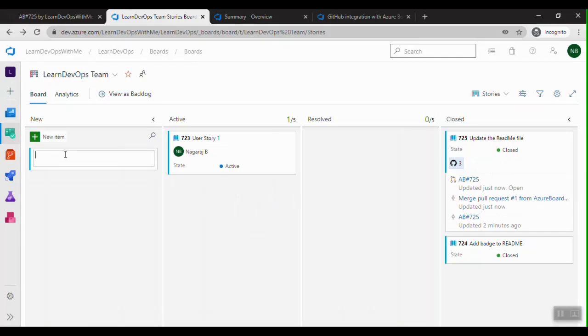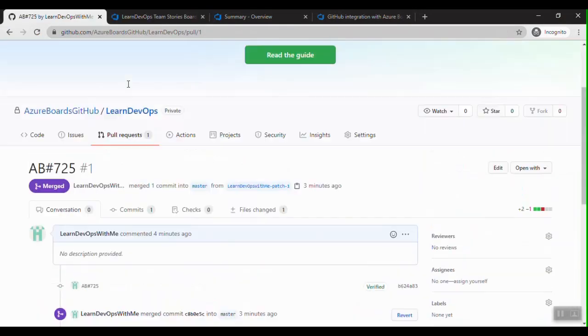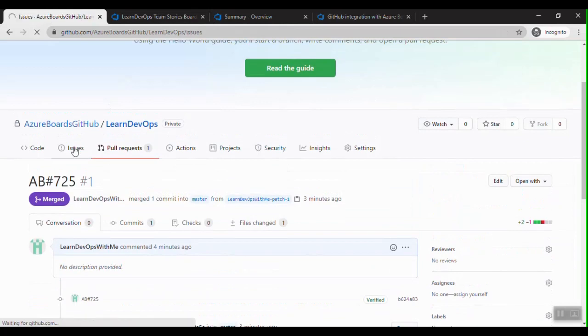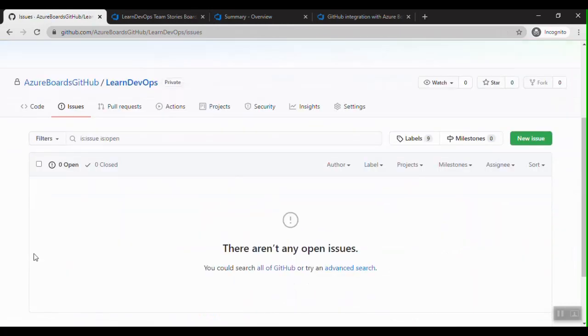Let me create a work item here. The work item ID is 726, and let me go to my GitHub issues and create a new issue here.